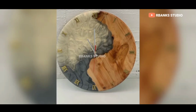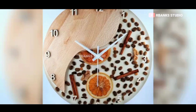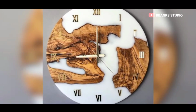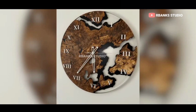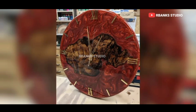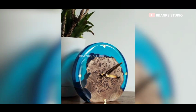To install and integrate clock hands and mechanism into resin while maintaining both aesthetic and functionality, the process must begin with a clear vision of the final piece. Picture this: a striking resin clock hanging on your wall or gracing a mantle, the hands moving effortlessly and every element harmonizing perfectly. Achieving this level of craftsmanship requires meticulous attention to detail and a deep understanding of how form